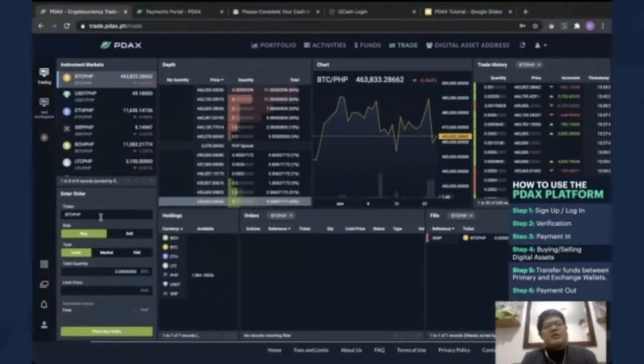So we have here the order section, wherein this is the one we can select the type of buy or sell that we're going to do. Because dito sa order, meron tayong 3 types of order for buying and selling. We have limit buy, market buy, and FAK buy or fill and kill type of buy. Then same goes to sell. So if we're going to discuss briefly in tatlo,